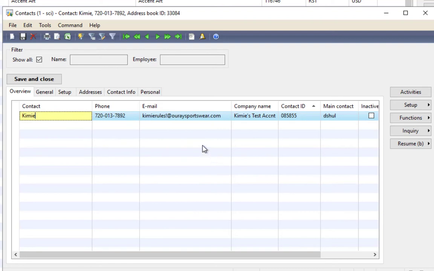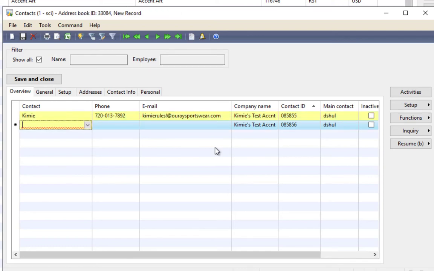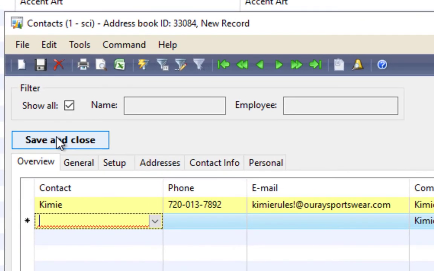and if you need to add another person, simply hit the down arrow key on your keyboard, and that will add a second line where you can do exactly the same thing. When you're done, simply click on the Save and Close button in the upper left-hand corner, and then you can close this table, return to the sales order details screen from which you started,